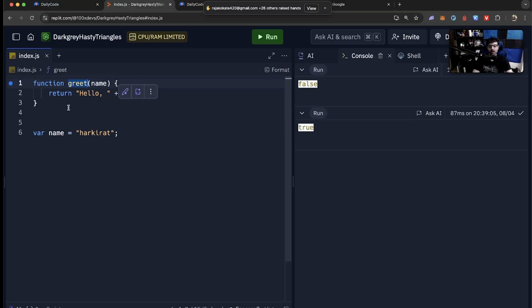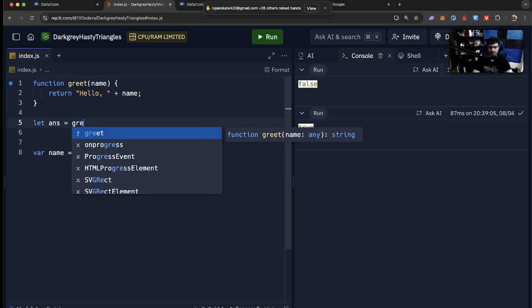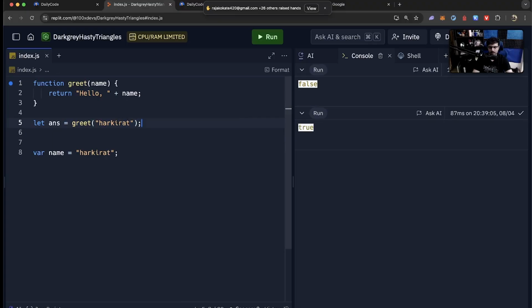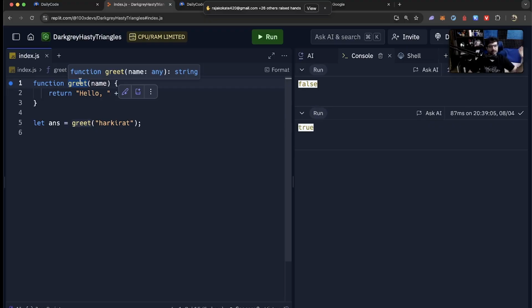My function is called greet. Or let's say I have a helper. The name of my helper is Ramu Kaka. That is what you define over here, the name of the thing.